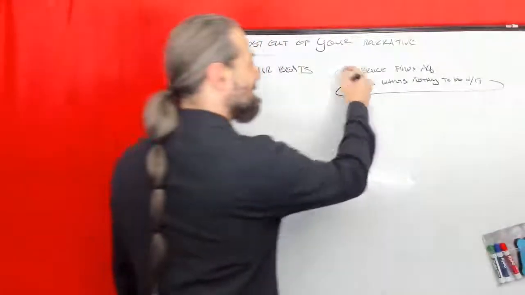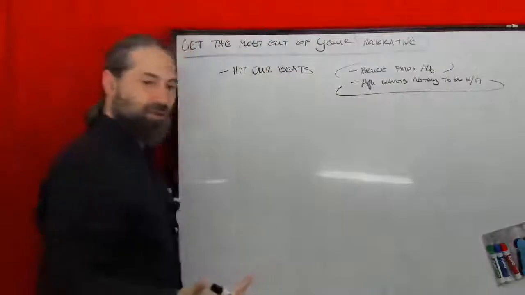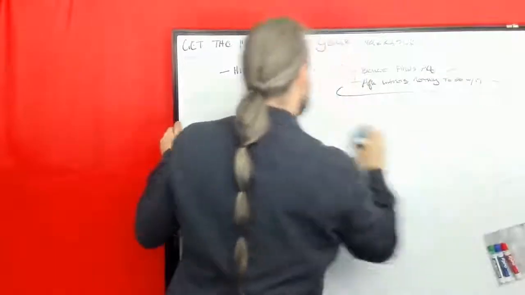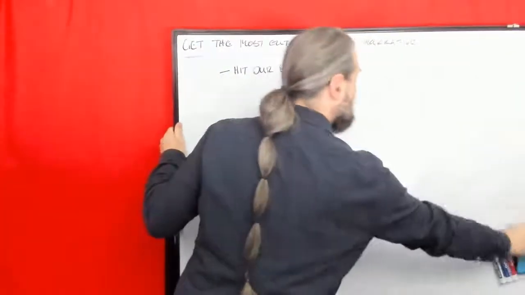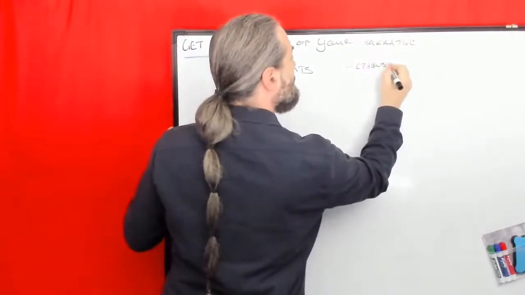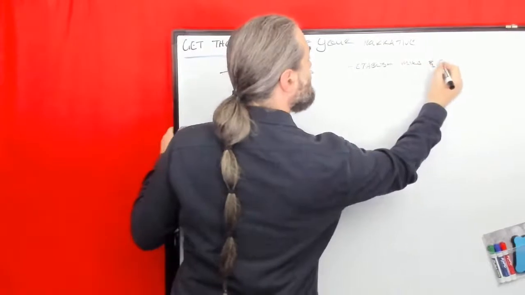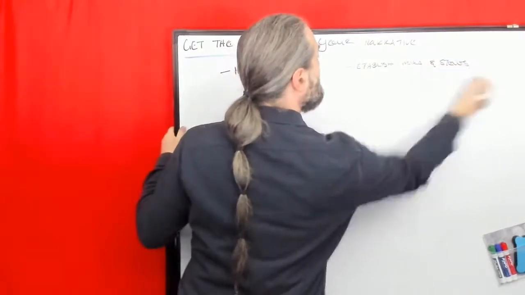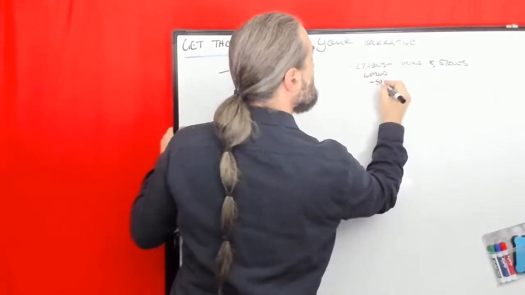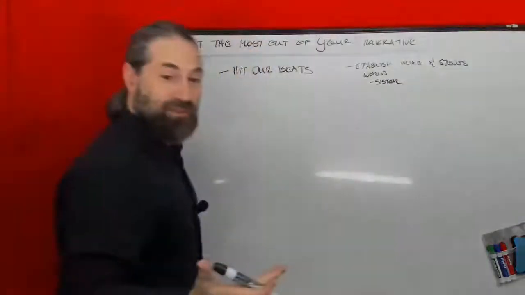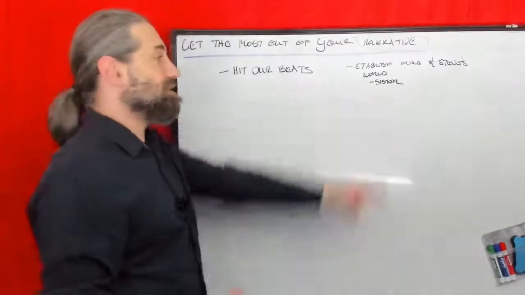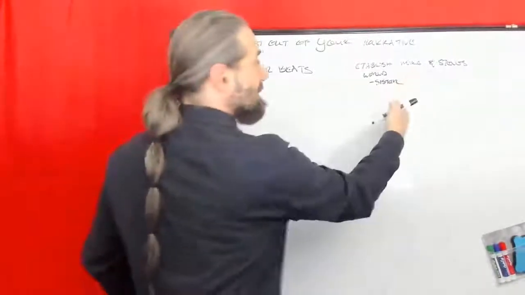So, you know, if you can't make sense of the scene, you know that your beats aren't working. But if you are going to write beats, again, we want to hit our beats. If we want our outline, we want to establish Mike and Steve's world, the sister, because we have to bring up the sister, especially if we were saying the narrative is leading to what? Steve being in a relationship with the sister. And what's our tension? Mike doesn't really want him in that.